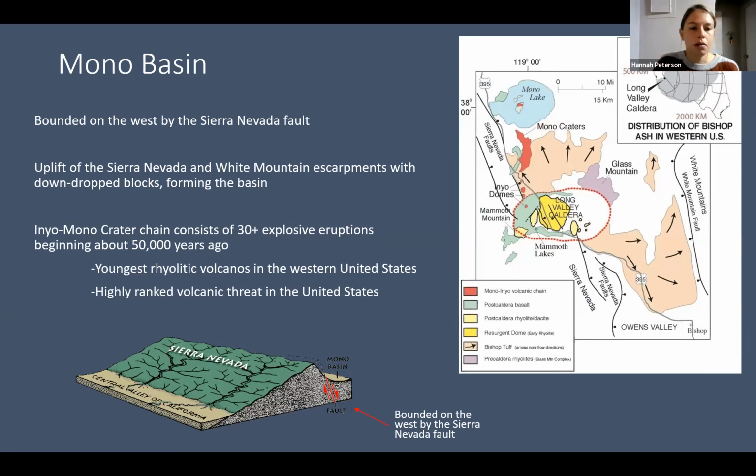So the basin is bound on the west by the Sierra Nevada fault. You can see in this little figure here, we have the Central Valley, California, the Sierra Nevada mountain range, and then once you get over on the east side of that, you have this Sierra Nevada fault here and Mono Basin down below. So the basin was formed by uplift of the Sierra Nevada and White Mountain escarpments, creating